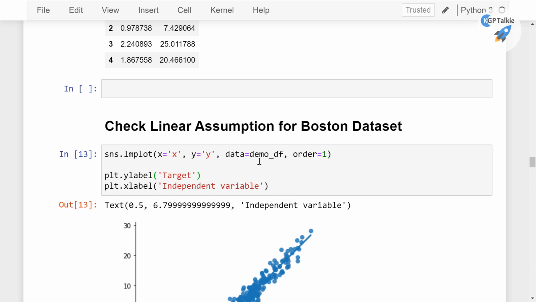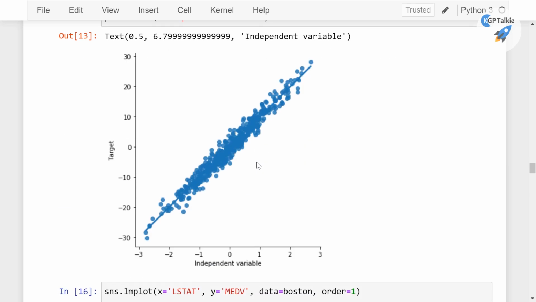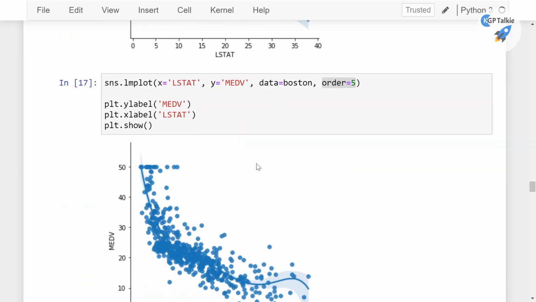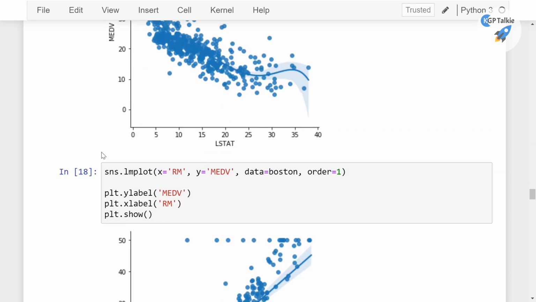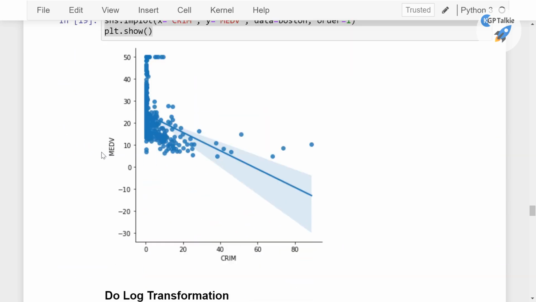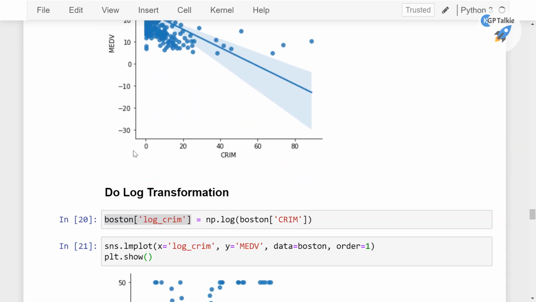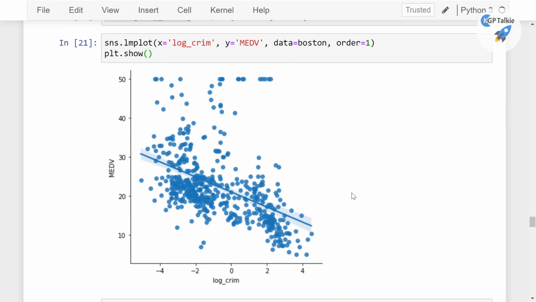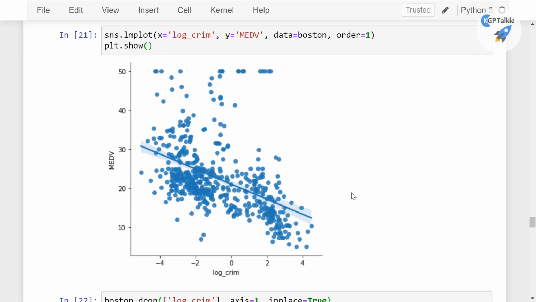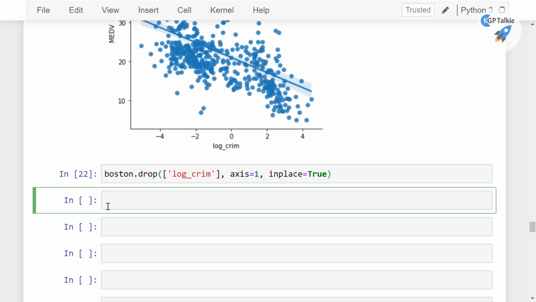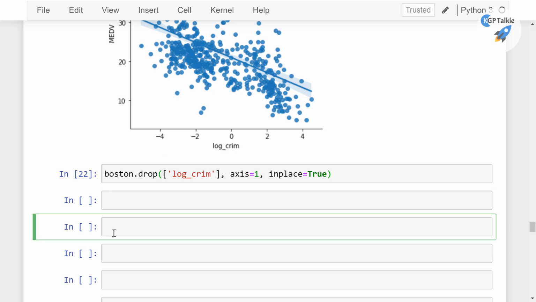In fact, you can do it for any type of dataset. And if you don't find a linear correlation between the input and the output variable, then in that case you can perform some type of transformation to make it a linear correlation. All right. So we have done our testing on the first assumption, that is the linear correlation between the input and the output variable. Let's go ahead and